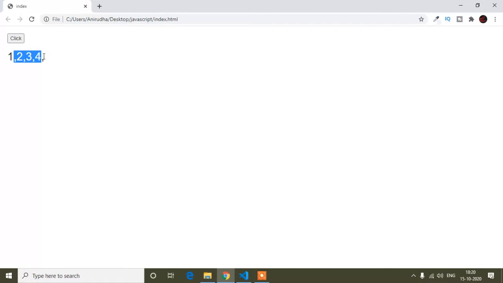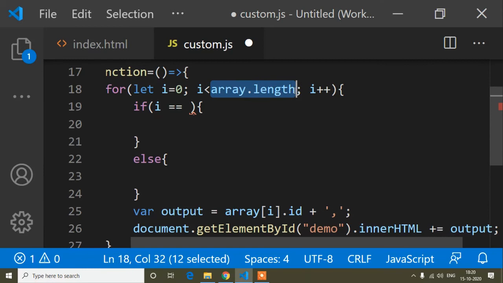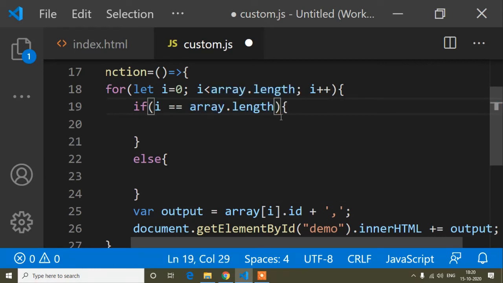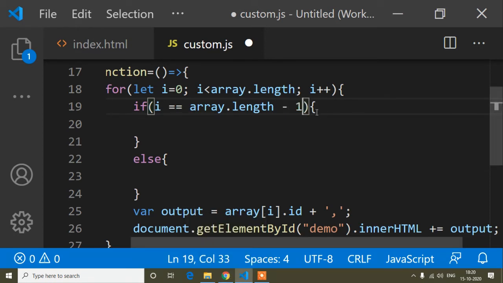When i reaches 4, the comma will be removed. So i double equals array dot length minus 1. In another video I have shown how to get the last array element. If you did not watch that video, I will provide the link in the description.